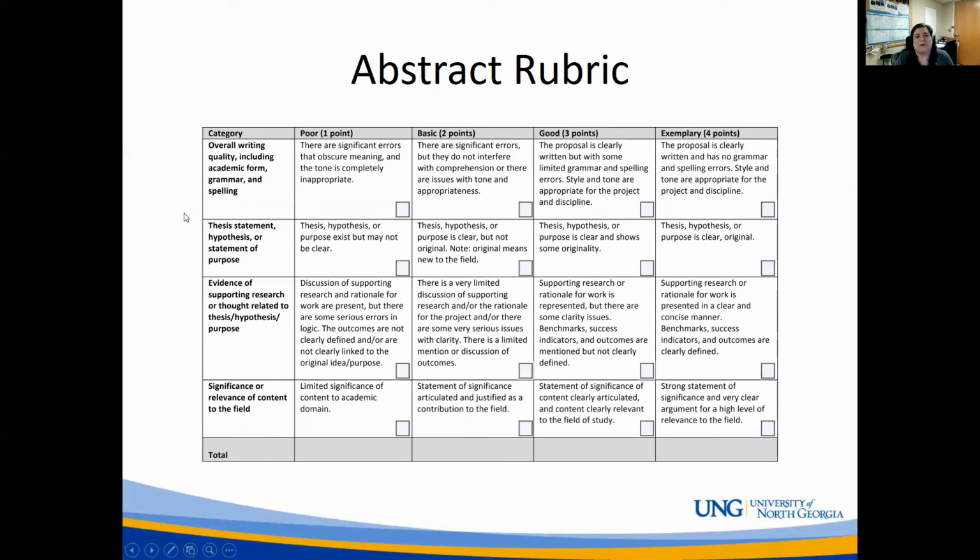Here is the rubric where we'll be judging the abstracts and everything. As you can see, there are 4 categories on the left side, and it goes from 1 point to a maximum of 4 points for each category. The reviewers who will be judging you will be from different disciplines. We always try to have at least 1 reviewer within your discipline or as close to it as possible, and then potentially one that is in a different discipline.